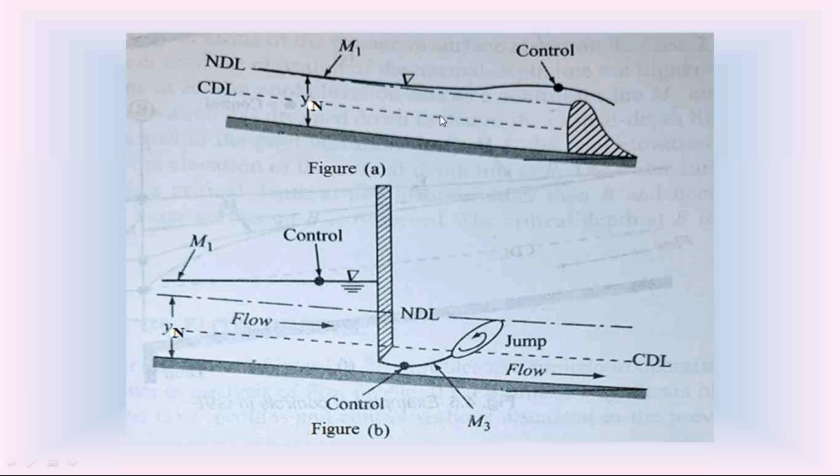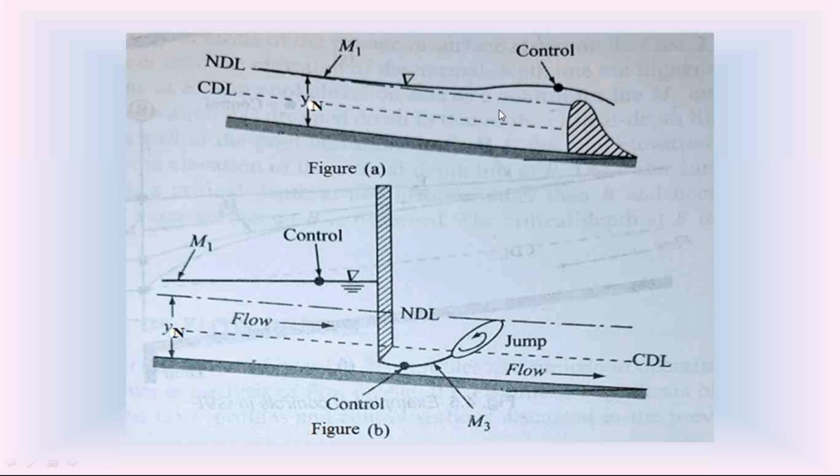Find out the wetted area at section 3 by knowing the shape of the channel and the depth of flow at section 3. Calculate the velocity of flow at section 3 because you know the discharge. Then find out the specific energy at section 3. Section 3 specific energy is equal to depth of flow plus V square by 2g. Find out the total energy line slope at section 3. Use the Chezy's equation, V is equal to C root R into SF.